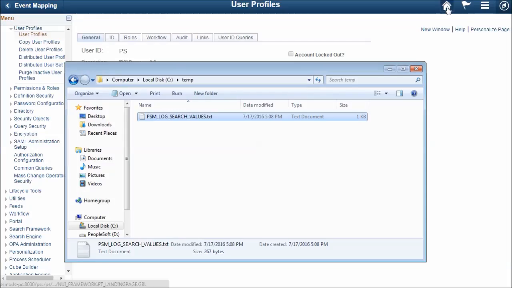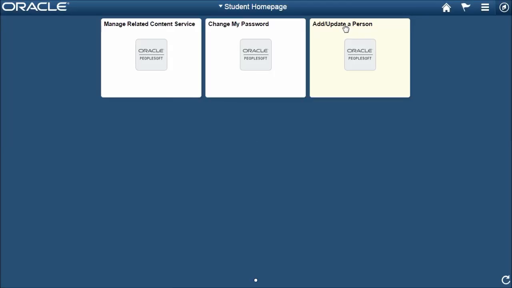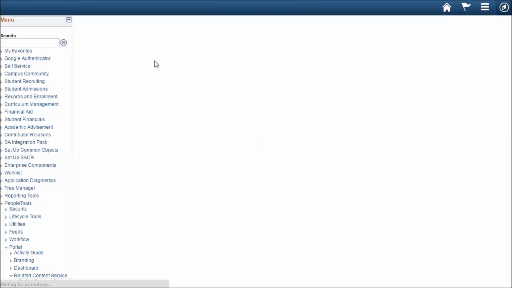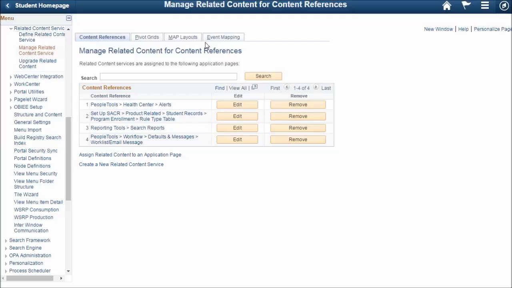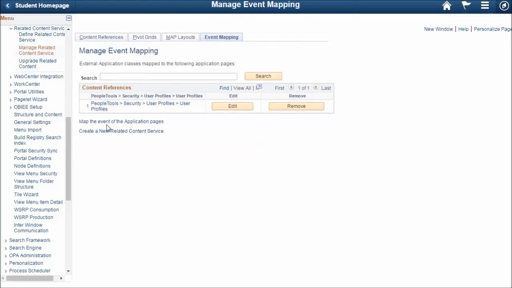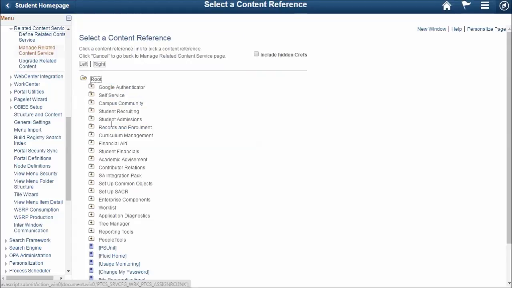Now I'd like to demonstrate how this same application class or this same service can be mapped to a different component. So we'll go to the Manage Related Content Service, select the Event Mapping tab again, and then map the event of application pages. Now I'm interested in logging who's searching for whose user ID on the Add Update a